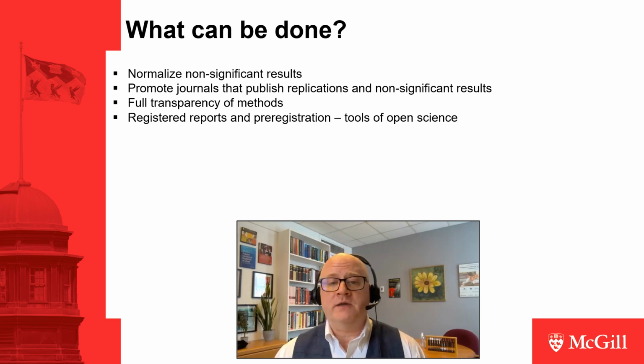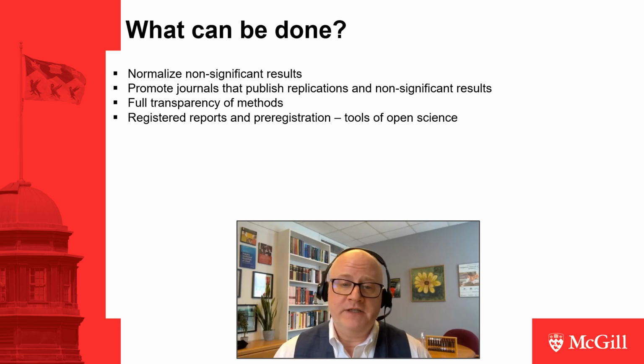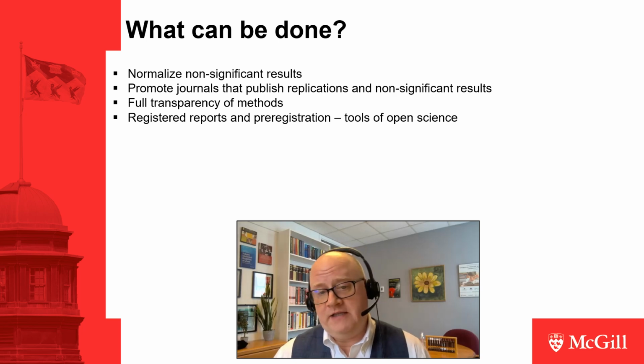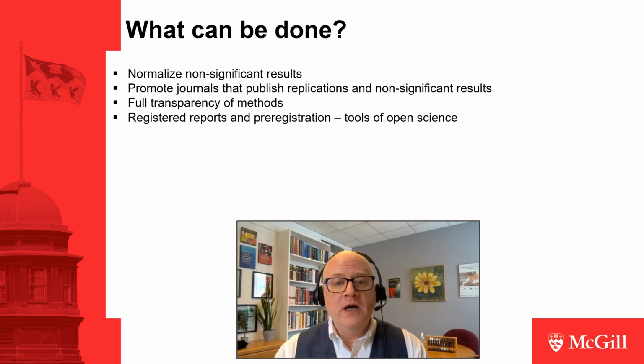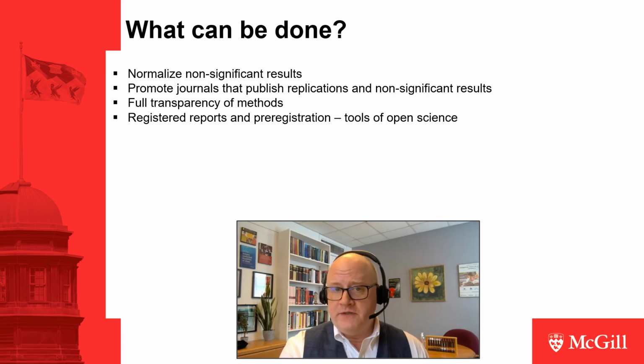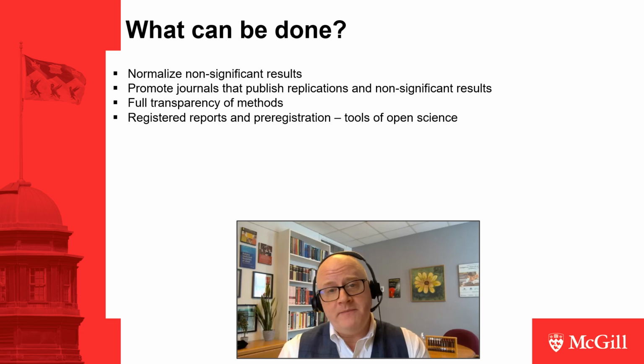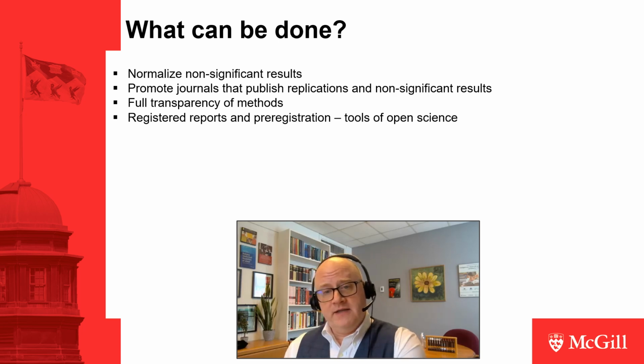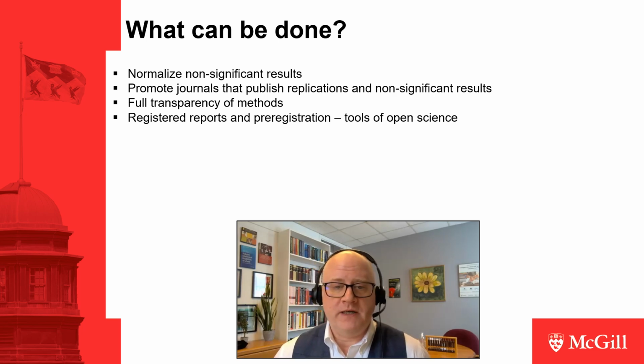Second, many journals are moving away from the idea of just exciting effect sizes that put you in the newspaper. What they're focusing on is registered reports. That is, your paper is accepted or rejected before the data are collected. It's accepted or rejected based on whether the research is important, couched well in the literature, and the methods are sound. Then the paper is accepted, then you collect the data. However the data comes out, the paper will be accepted. That's a good way to get away from publication bias.